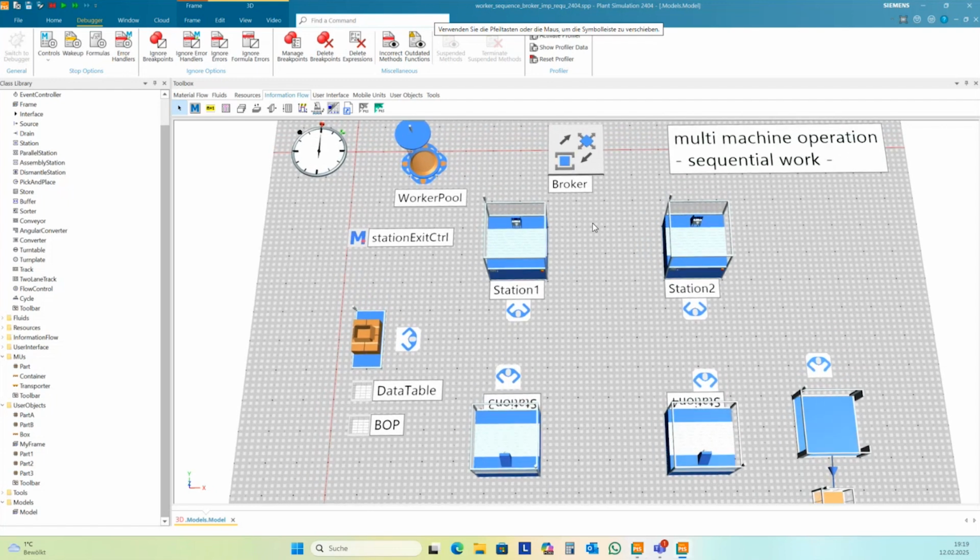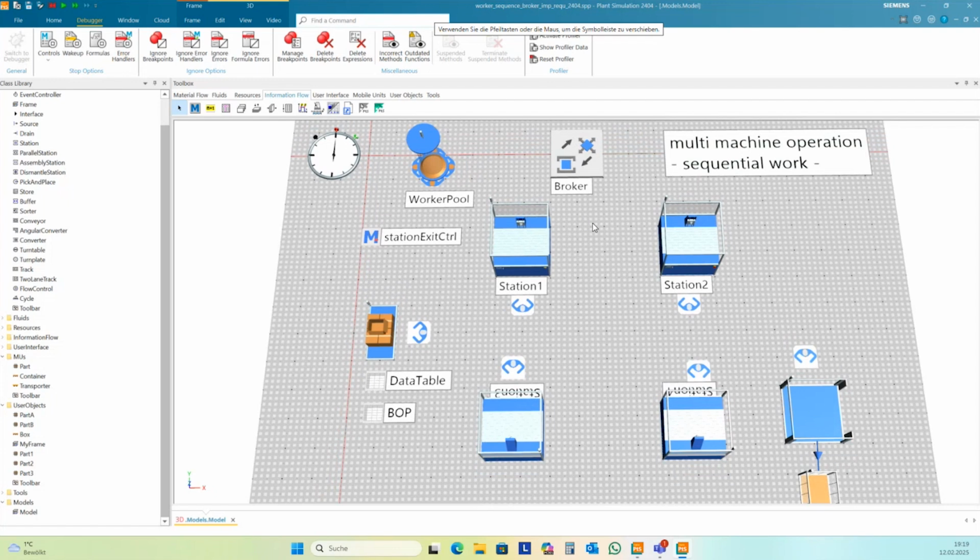And for me, it's like a brute force method because every time one station finishes the job, it will call the broker, and the broker will do nothing in many cases.